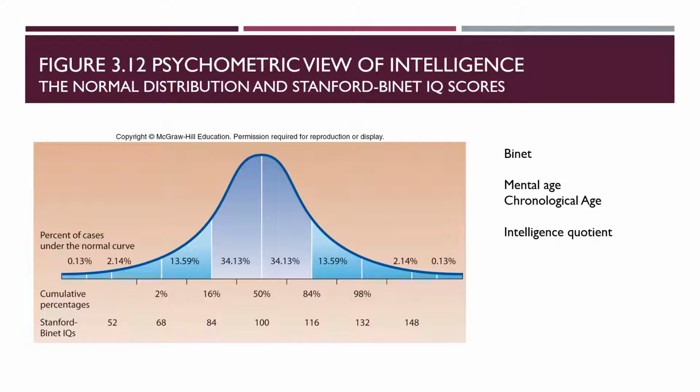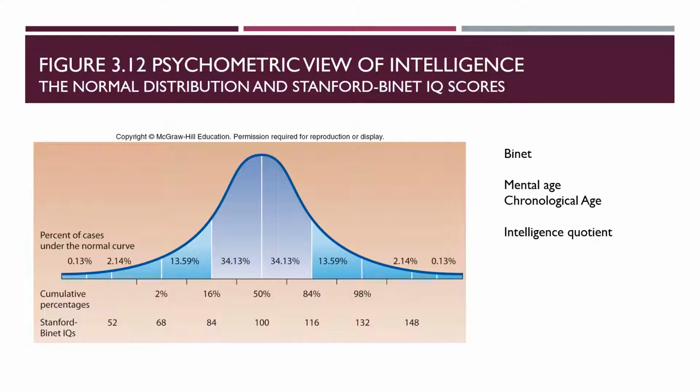All right, so we're going to start first with what's called a psychometric view of intelligence. This particular view states that we can measure intelligence by using IQ tests. One of the widely used ones is called the Stanford-Binet, and then we'll also talk about the Wechsler scales. Based on these tests, the idea is that we can come up with an intelligence quotient, which is